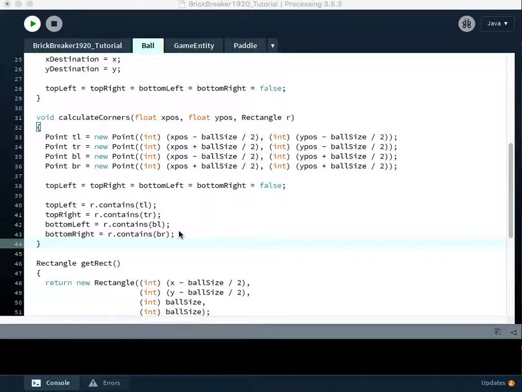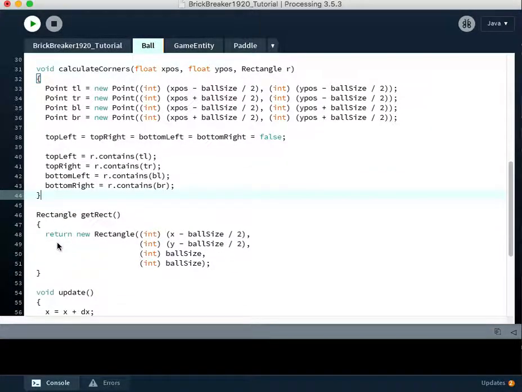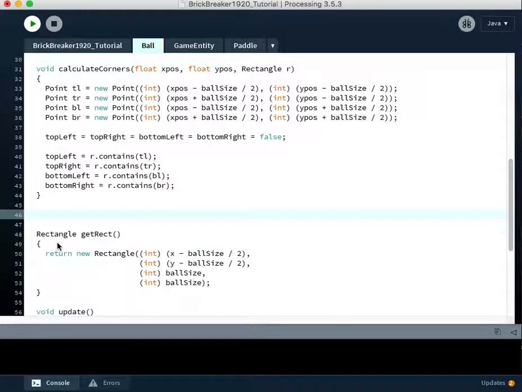This video is going to be the video in which we make the main method called checkCollisions, which will be used to check the ball's position against the paddle's position and all of the different bricks that eventually we're going to have the ball kind of bouncing around. So this method will return a Boolean. It'll say yes, there was a collision, or no, there was not a collision. It's going to be called checkCollisions,